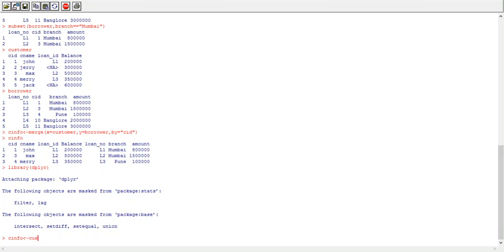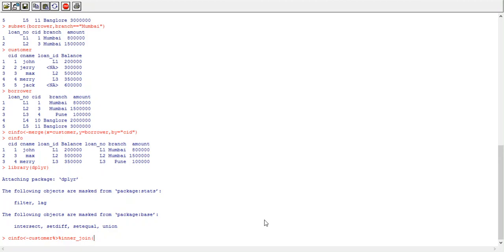Cinfo equals to, my first data frame is customer, then we need to give this symbol percentage greater than sign percentage. Okay, and after that write down keyword inner join. This is the syntax for inner join.